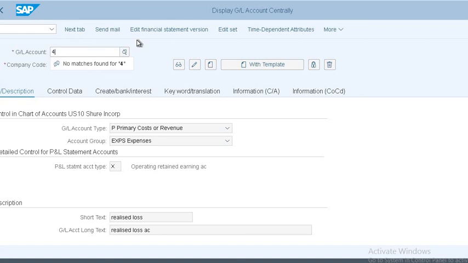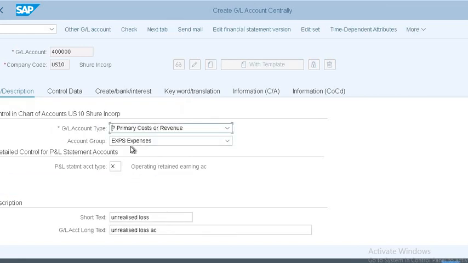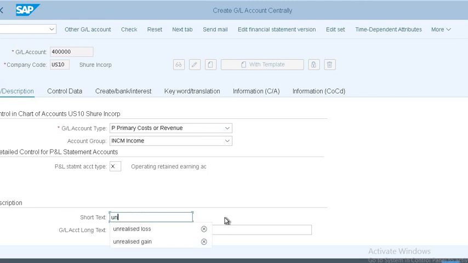Realized and unrealized. How did we create them? Nothing is created. Okay, we do it with the template. This is the income, unrealized.